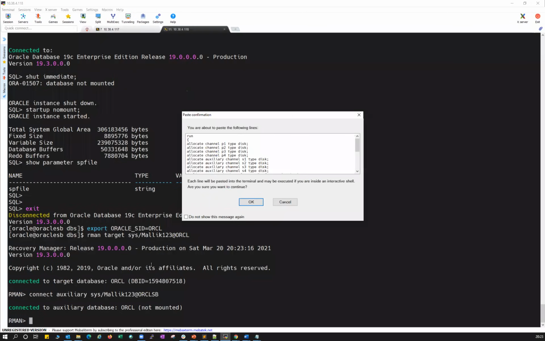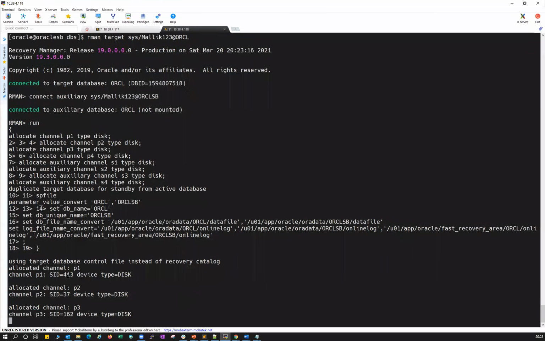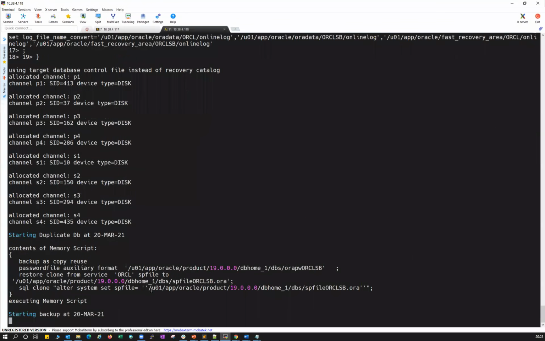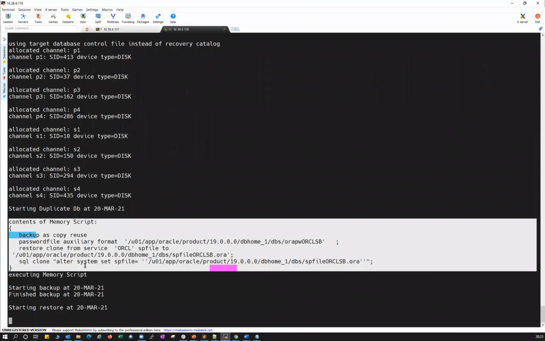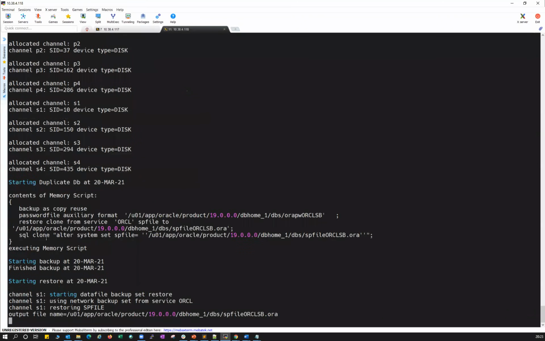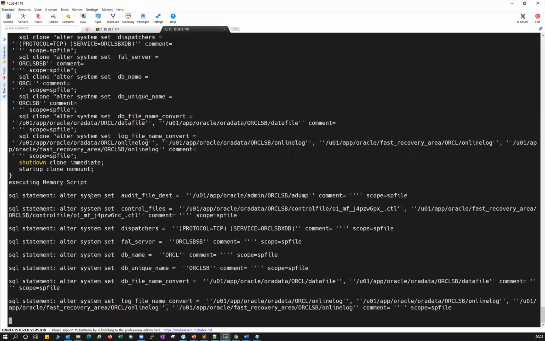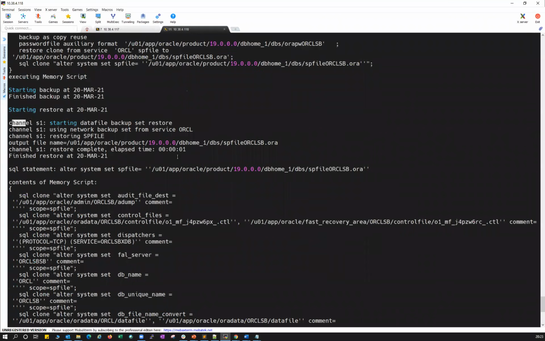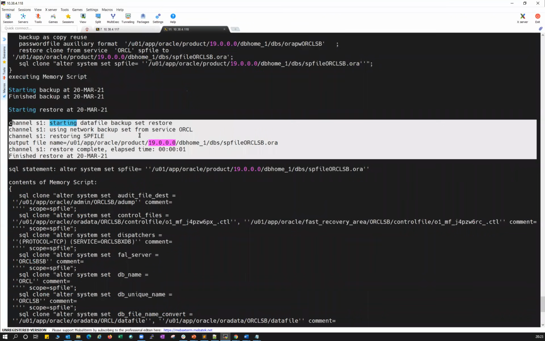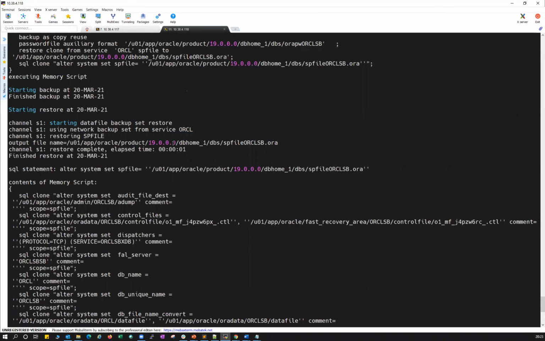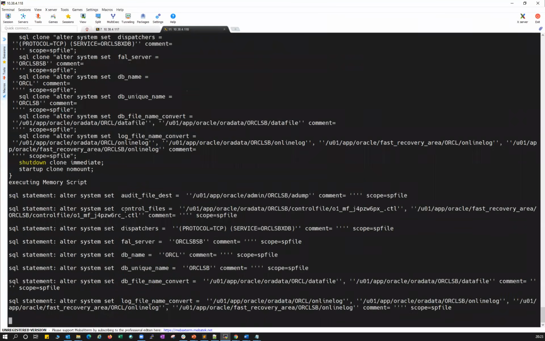Enter. This time it should go fine. You can see it is restoring my SP file now. SP file restore is done. Restoring SP file and restore completed. My SP file is ready now. Once the SP file is ready, it started with the restore.